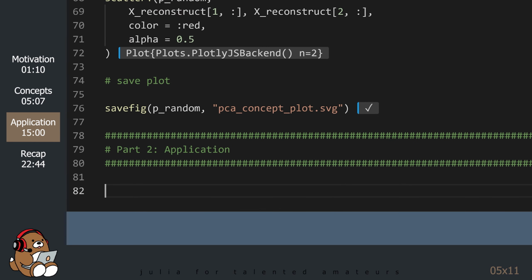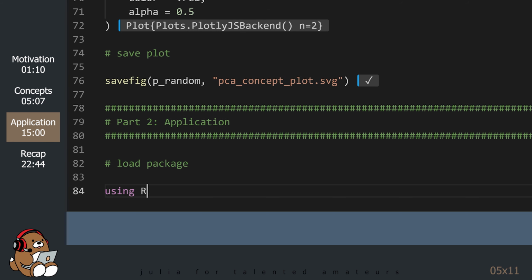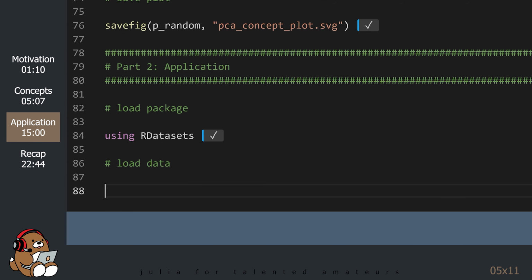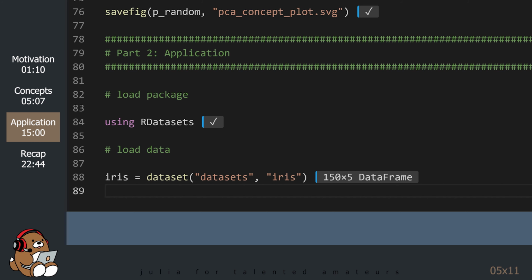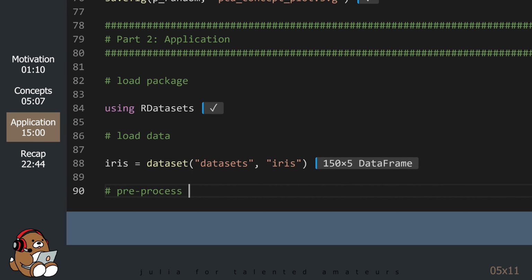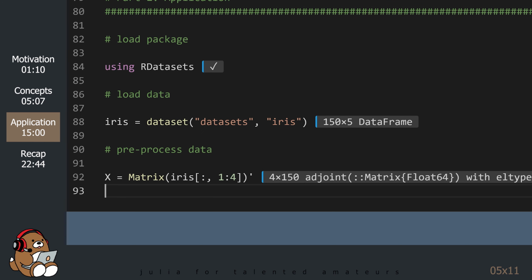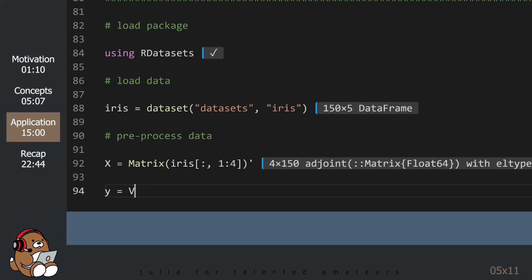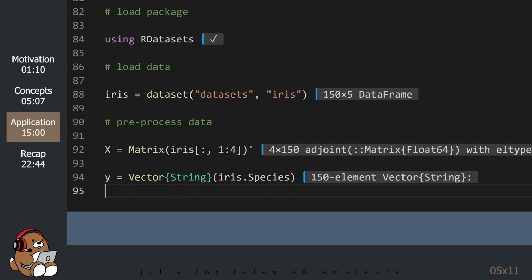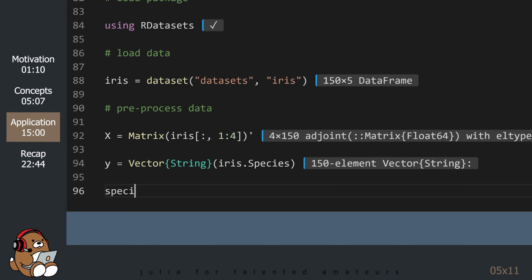In this section, we're going to apply PCA to the iris dataset in order to reduce this 4-dimensional dataset into a 3-dimensional dataset so that we can generate a 3-dimensional interactive plot. As a reminder, we need to format our input data horizontally. The PCA algorithm does not require labels, so the model doesn't need an output vector, but we need it for plotting purposes. We also need the names of the unique species for plotting purposes as well.